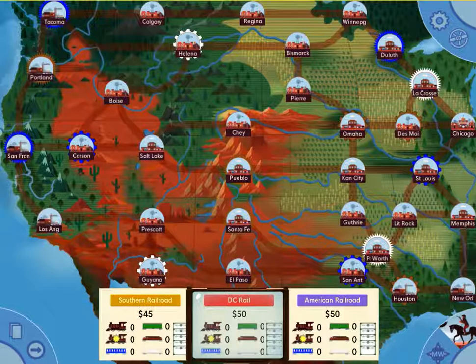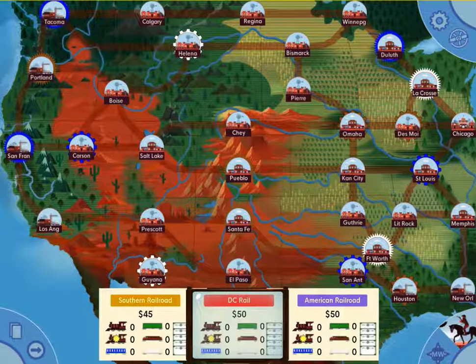Now the yellow player went first. They don't go first every turn. Each round, the player that goes first is determined randomly. So we're the second player this turn, but next round we might be the first player. Okay, now I'm starting the game. There's a few options I can